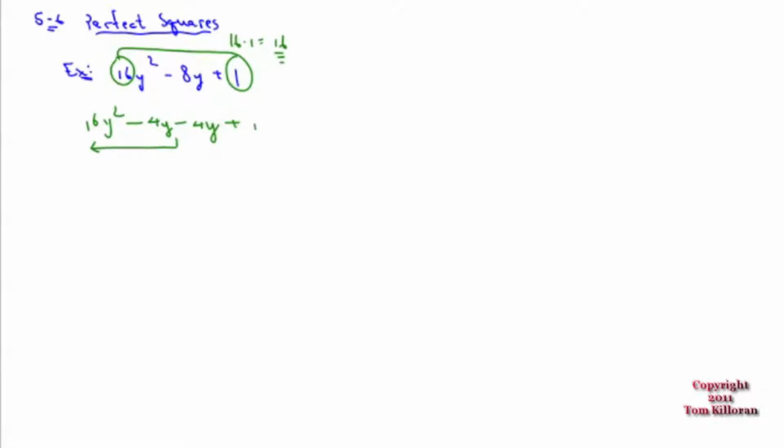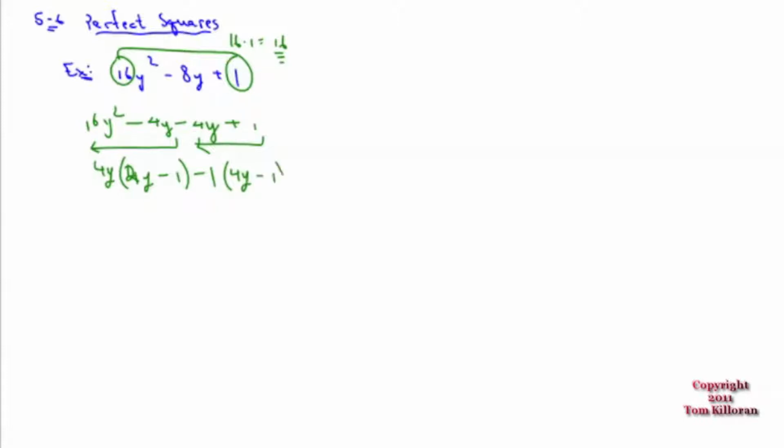GCF of the first two? 4y. Left behind, of course, is? Careful. 16 divided by 4? 4. And then you're left behind with a y. Minus 1. GCF of the second two? Negative 1. If you can't pull out anything, at least pull out a 1. In this case, it would be negative 1. Left behind,